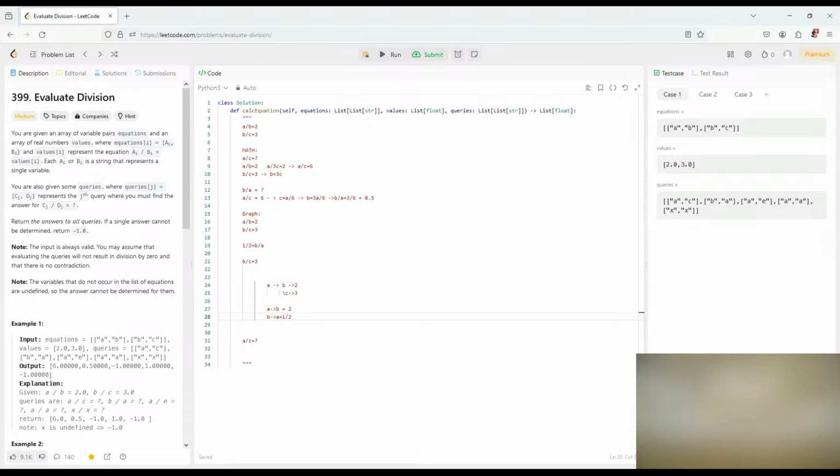Okay, let's do this for B. B connected to C equals 3, but C connected to B equals 1/3. Now, having this graph, the question is, how can we find